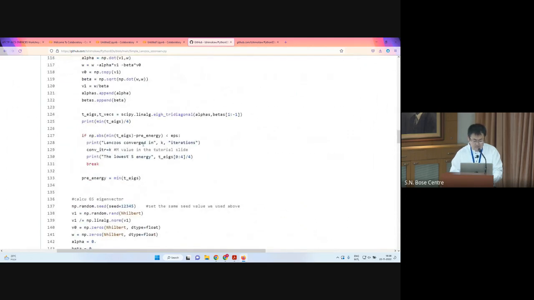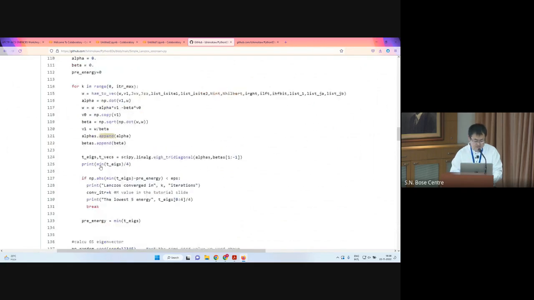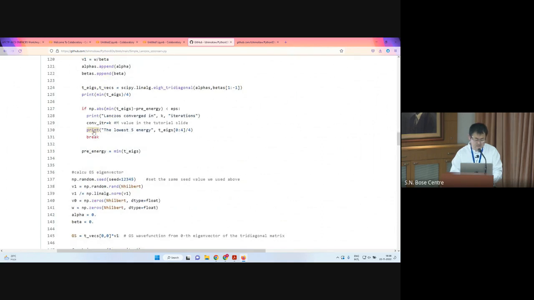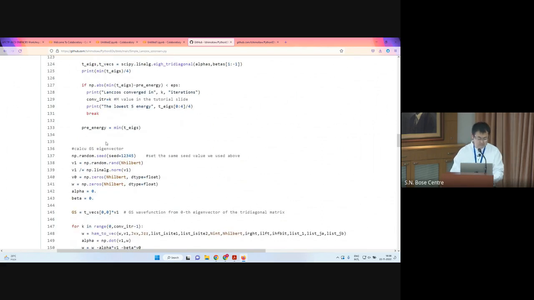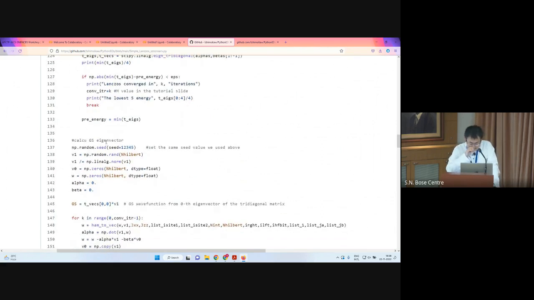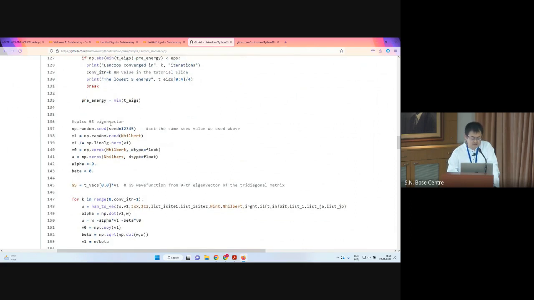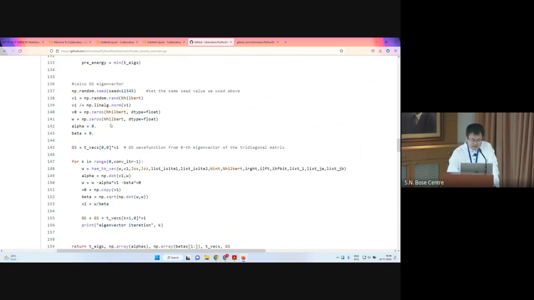So after converging, we will stop this Lanczos procedure by using break. This is the procedure to get the lowest energy eigenvalues. After getting the lowest eigenvalue, we would like to construct the ground state eigenvector. To construct the eigenvector, we should do the last procedure again